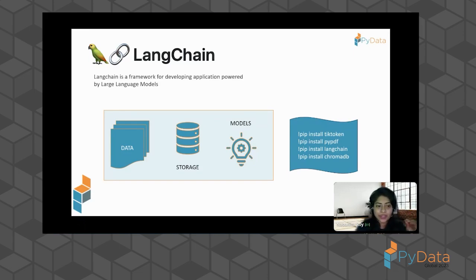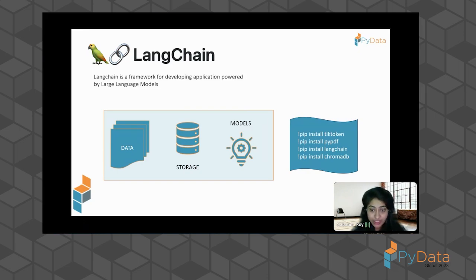And then you have the ability to read PDFs. You have the ability to get audio transcripts as well. So you basically have the ability to access data in a format that you can use for training your models or giving context to your models.